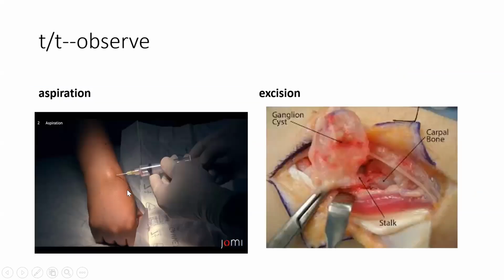So what is the treatment? Obviously, it is a cyst. It is like a ganglionic cyst. There is water, or a fluid, inside. So either you aspirate it by syringe or you remove it as such. En block, you remove the whole ganglion cyst. You operate and remove it as a whole. So we do excision.